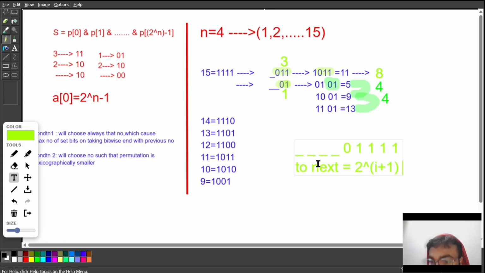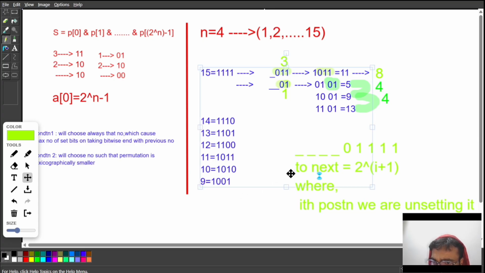Considering that the ith position we are making 0, the ith position we are unsetting it. Can I say that? Exactly. That's what it does. This is the question. Basically, so it means that